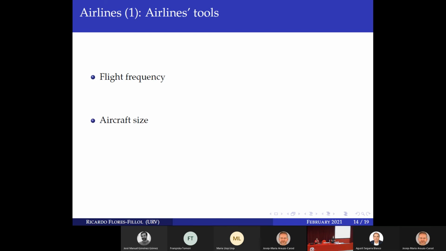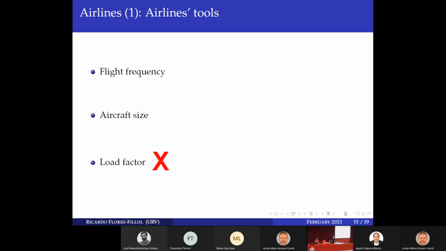Because if you want to maintain the same level of traffic, what you should try is to create incentives to increase aircraft size and decrease flight frequency. That's the idea. Another alternative would be to try to increase load factor. Load factor is the degree of occupancy of the aircraft. But this occupancy is very high already, so this is not really something you can do. With low-cost carriers, load factor is above 90%. So again, the point here should be to decrease flight frequency and increase aircraft size.